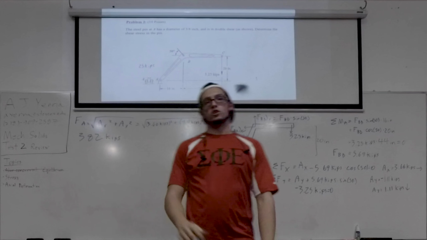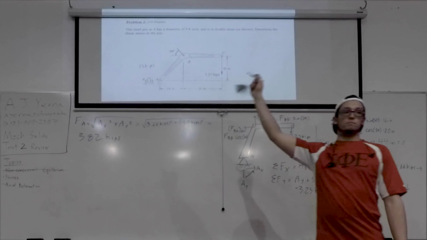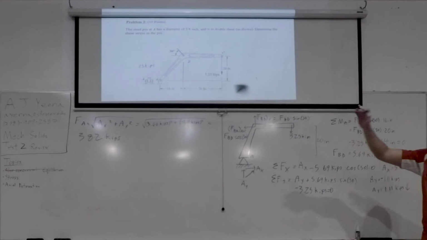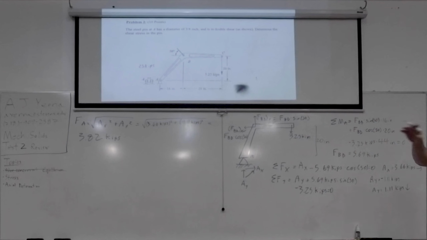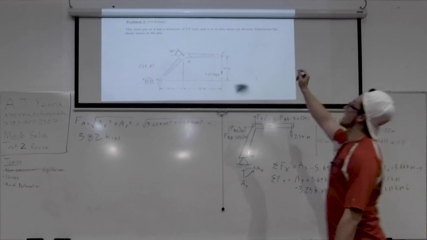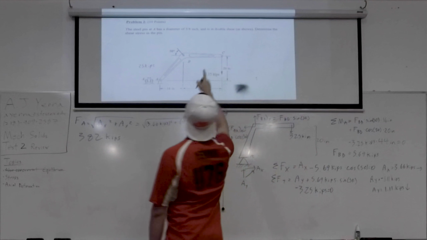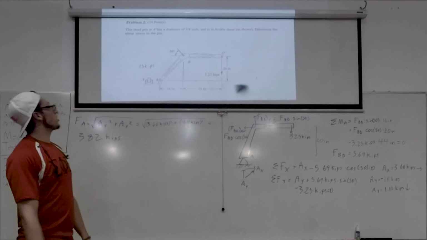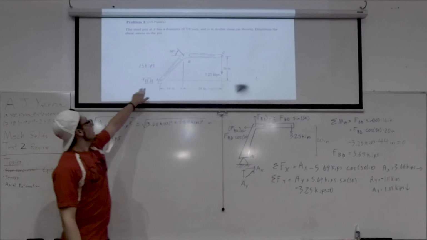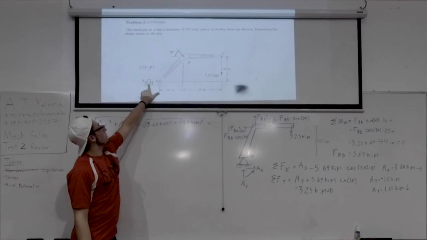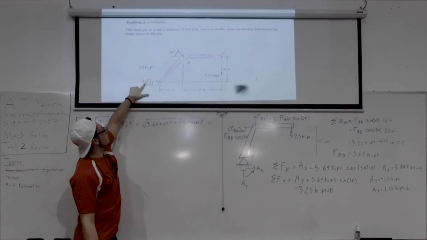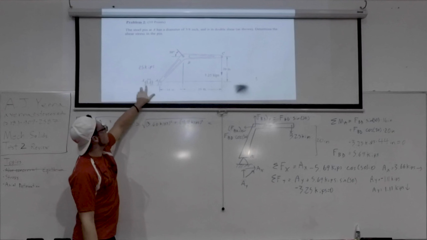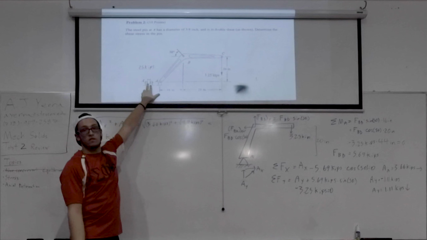Okay, bring it back, guys. So the next thing that I want to point out, because this is where you could lose like 1 or 2 points off a little trick, note that it says that the pin is in double shear. So what that means is that it's being pulled, you see here, it's being pulled from both sides. So you have this bar here, that bar there, both pulling on either side of the pin A,